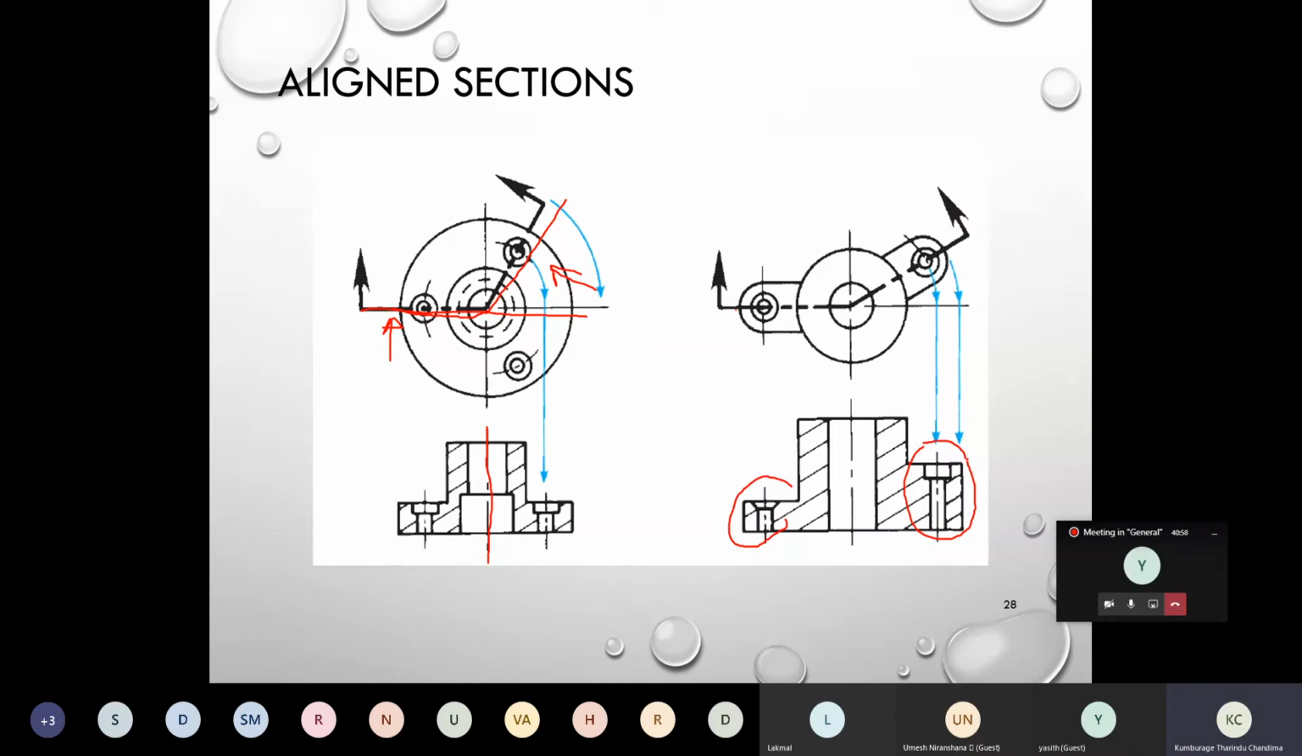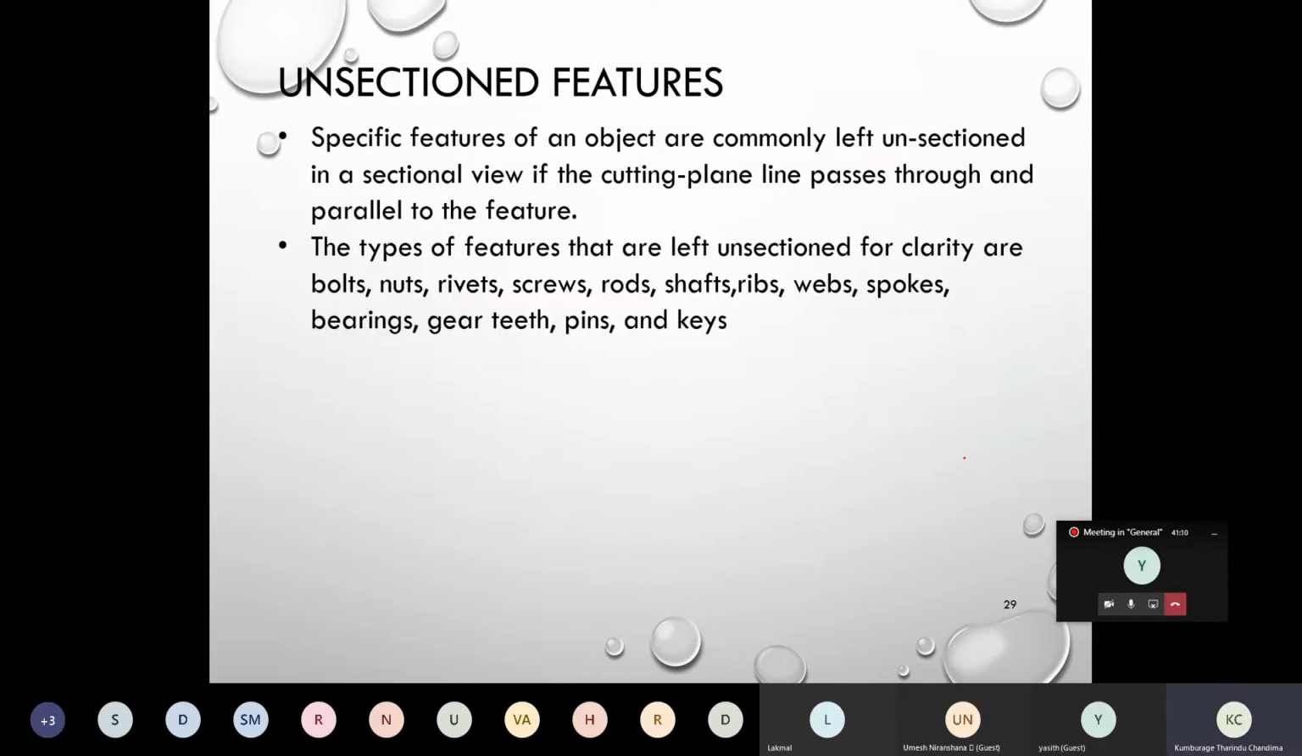So any questions about the aligned sections, offset, half sections? Okay. So